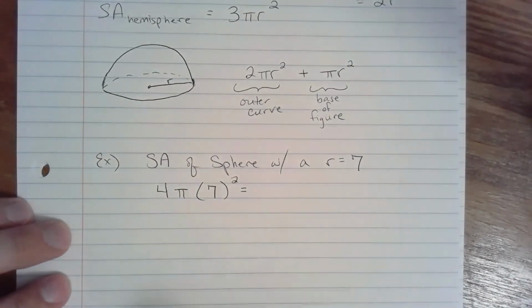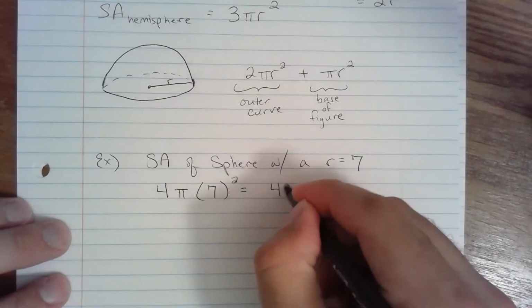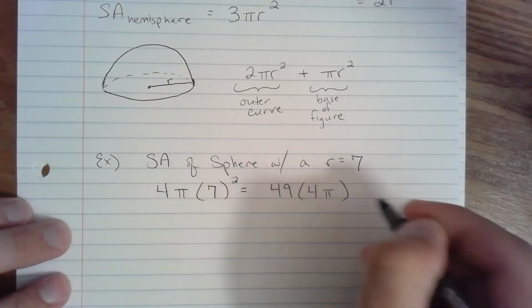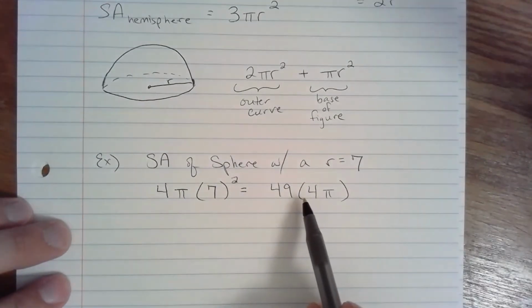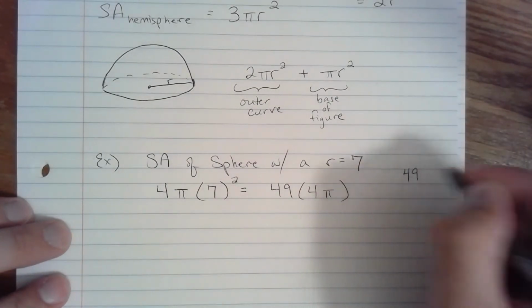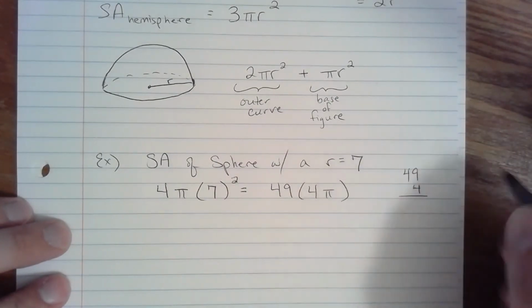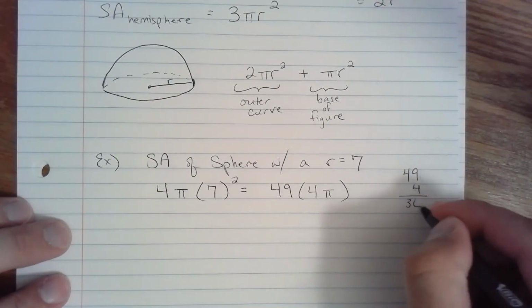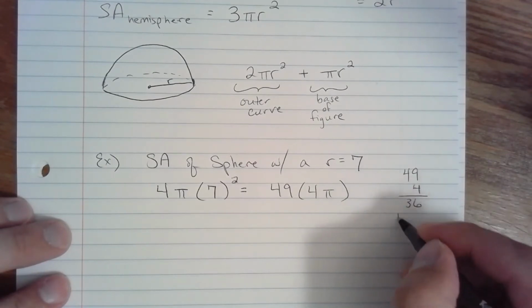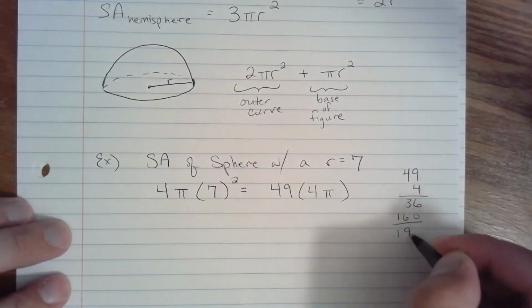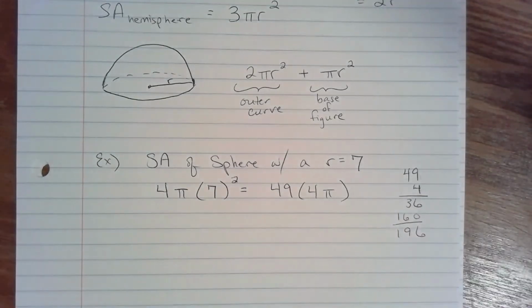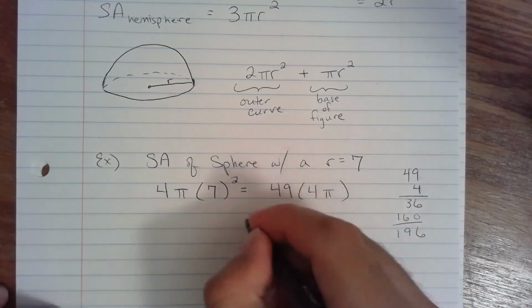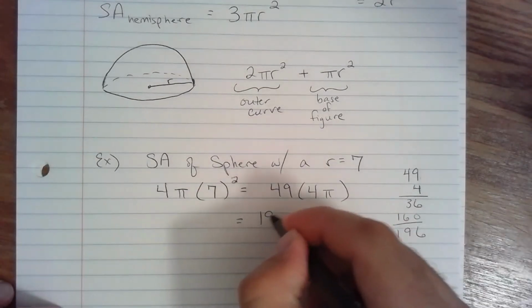Easy enough to go in and say this is 49 for the 7 times 4 pi. And then you can either grab a calculator or very quickly, hopefully you would see that 49 times 4, 4 times 9 is a good 36, 4 times 40 would be 160, so we get a nice 196 here to work with. And then from there, it's just a matter of going in and saying, well, this is exactly 196 pi,